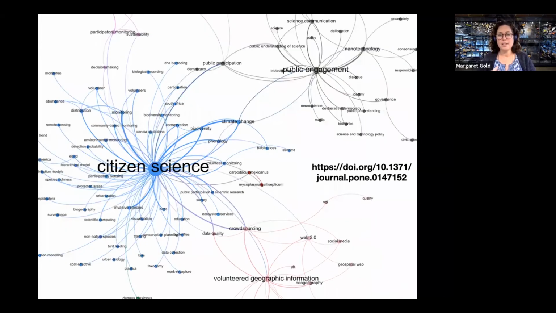First of all, we wanted the platform to represent the full, rich diversity of what citizen science can be, has historically been. You're seeing here an image from a piece of research that was done looking at the Web of Science and all of the publications talking about citizen science and related terms. And you can see how there's different angles into citizen science coming out of volunteer mapping, coming out of public engagement, coming out of science communication. So there's quite a lot of different lenses for understanding what citizen science can be.